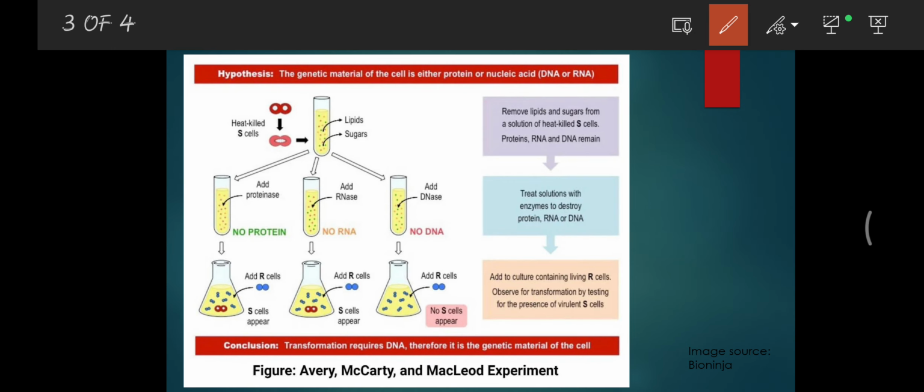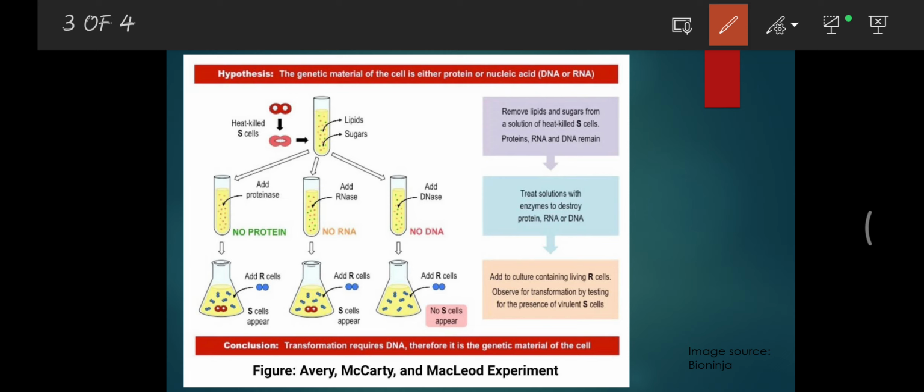As you can see in this diagram, we know that the hypothesis was that the genetic material of the cell is either protein or a nucleic acid, that means DNA or RNA. Many scientists were considering that protein was the genetic material, but after the work of Griffith, Avery, MacLeod and McCarty continued his work, and they used heat killed S cells. First of all, the type 3 S strain of Streptococcus pneumoniae was heat killed